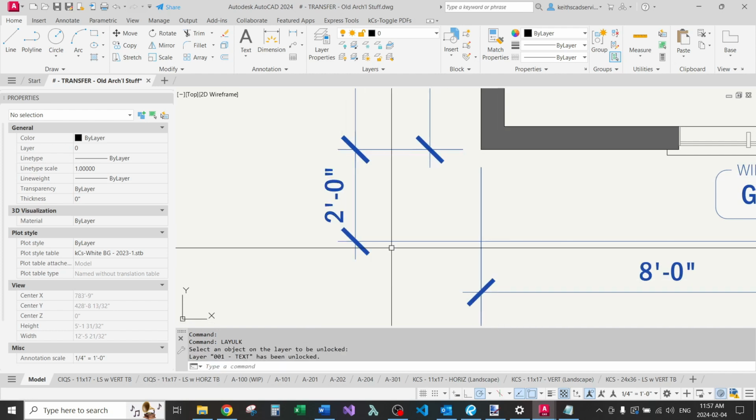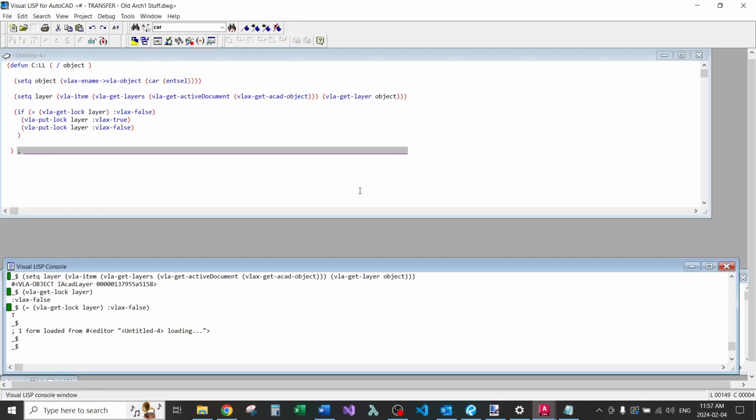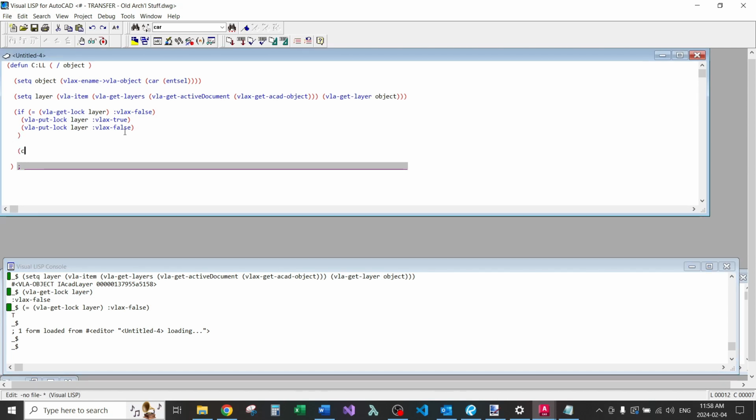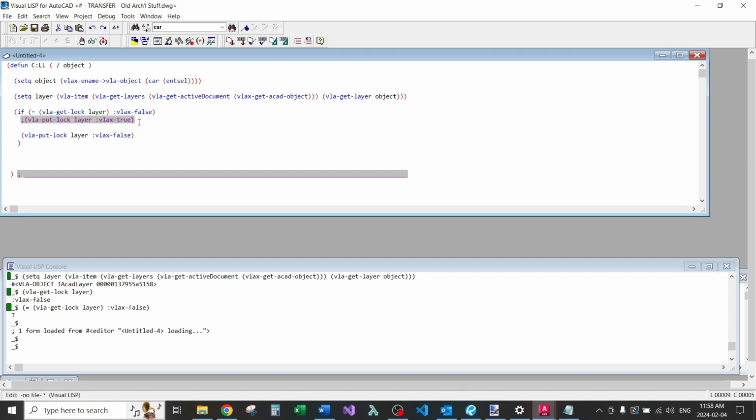So this is where things get kind of tricky. And there is a simple solution, but that would be using the command. Well, I'll just show you what I actually mean. I could block out this line just for a second. Command, dash layer. You put the name in and so on and so forth. If you wanted to go that route,